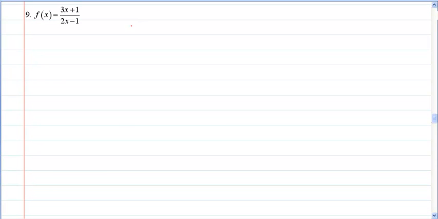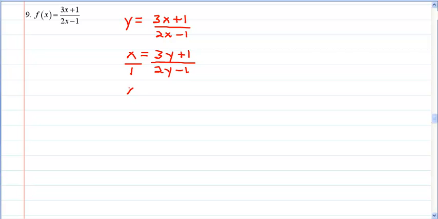For number 9, we have y equals 3x plus 1 over 2x minus 1. So I start by writing this as y equals, and then I interchange x and y, and then I cross multiply, I distribute the x,